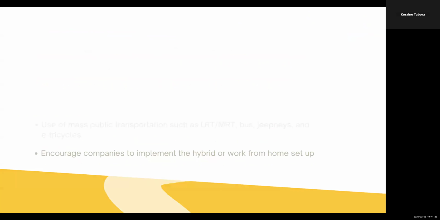Also, corporations and offices are encouraged to do a hybrid work setup or complete work from home to manage peak travel demand. Overall, the approach is incremental and coordinated, addressing congestion through transport improvement and demand management rather than road expansion alone. So that wraps up our topic proposal, sir.